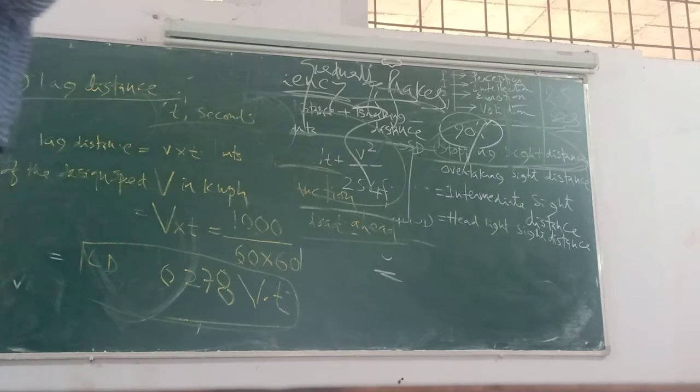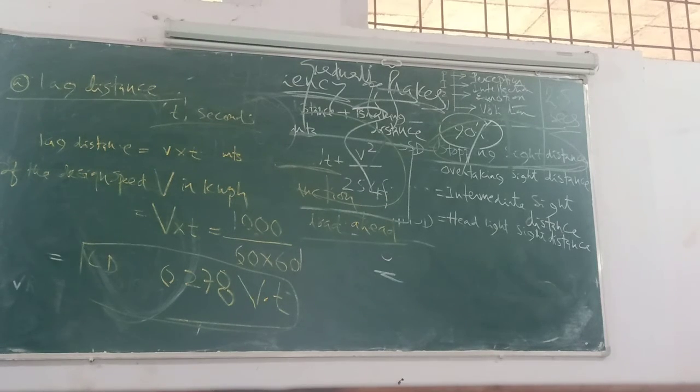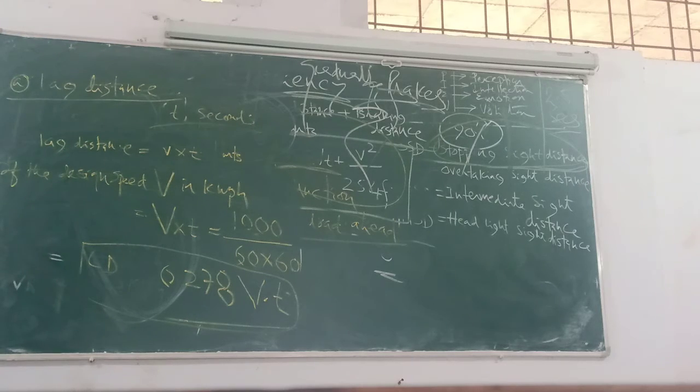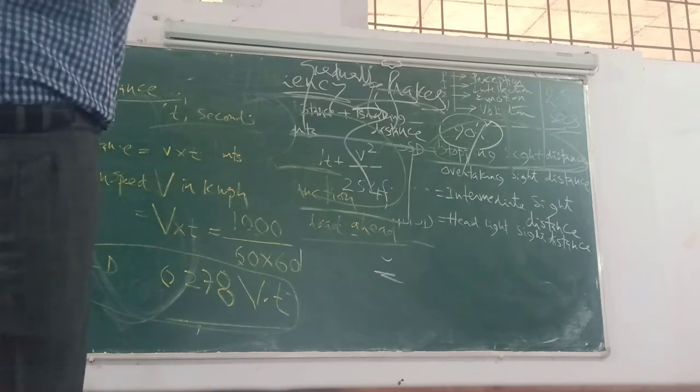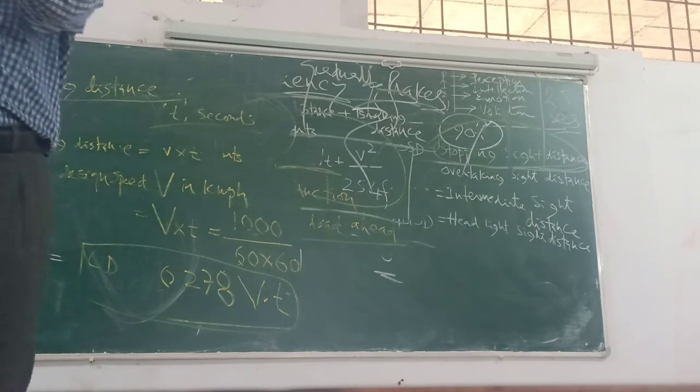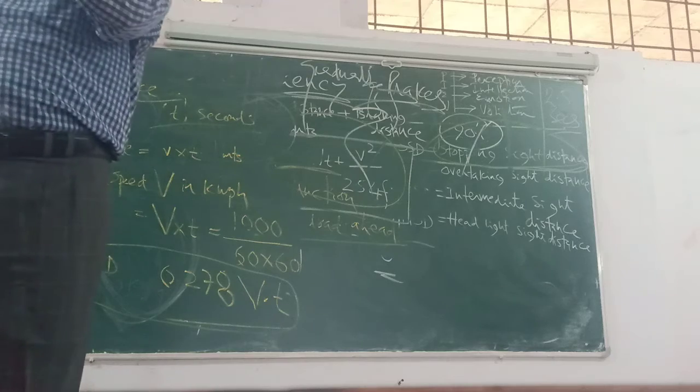On the down gradient, the speed increases. You push the brake also, the vehicle will be moving down. On the up gradient, you don't need to apply more brake force; automatically the vehicle stops. Practically, the braking distance required on the rising gradient is lesser. Other way, the braking distance required on the down gradient will be higher, always more. Within the less distance the vehicle can be stopped; within the more distance the vehicle can be stopped.